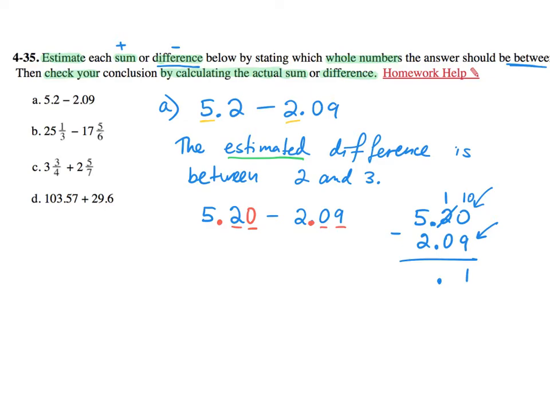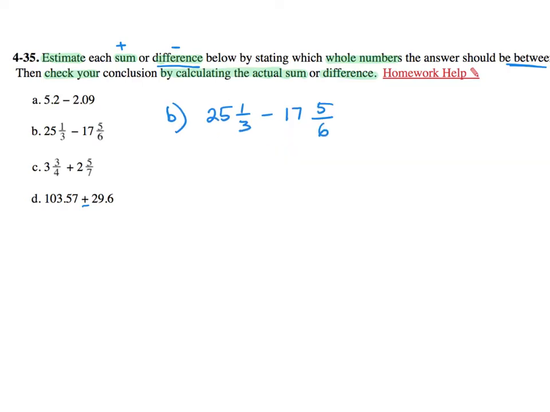And example D is similar to example A, except you're adding. So when you're writing your statement, you're going to say the estimated sum. Okay, and I will help you with one of those mixed numbers, B or C, in this video. So moving on, looking at B, I'm going to start with the estimate. Looking at the whole numbers, in my head I'm saying, well, 25 minus 17, so they're 8 units apart